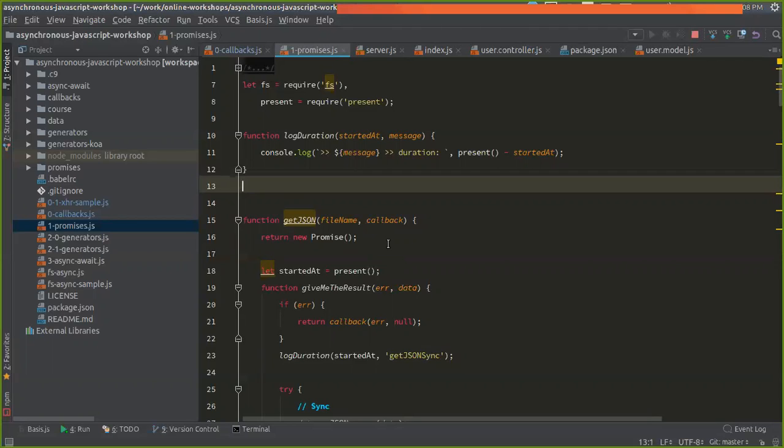And this is the key moment: when we mix promises with function generators, which is a really great new feature in JavaScript, it allows us to,